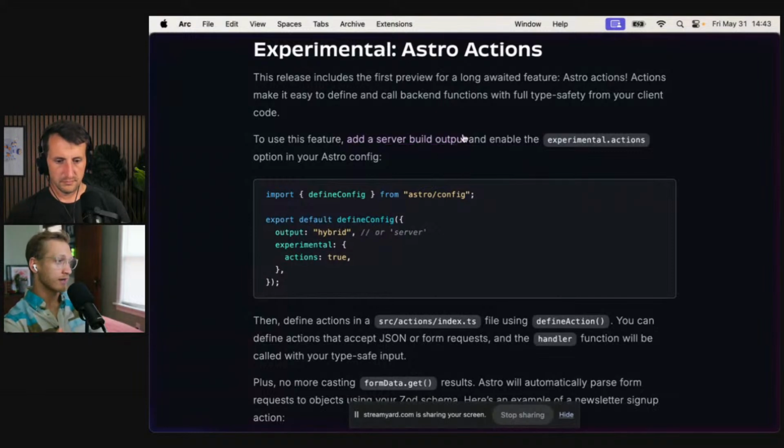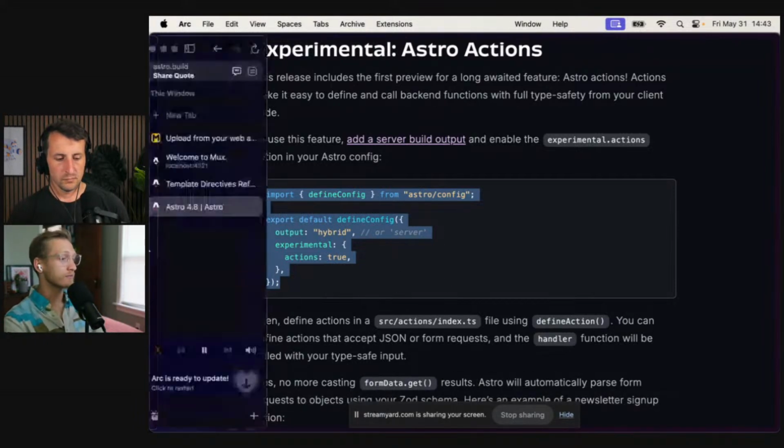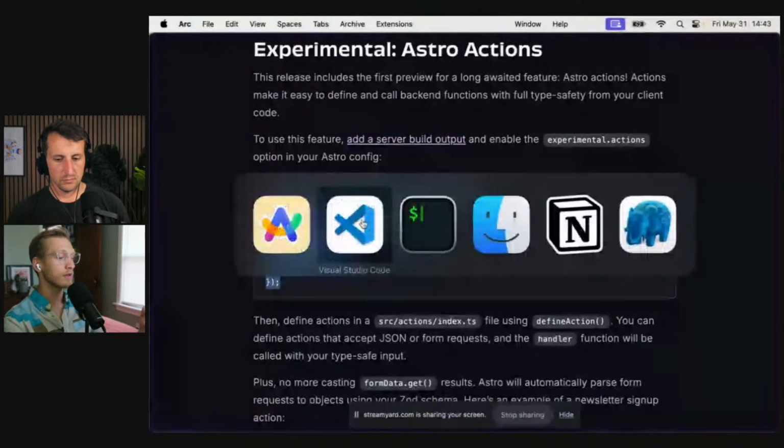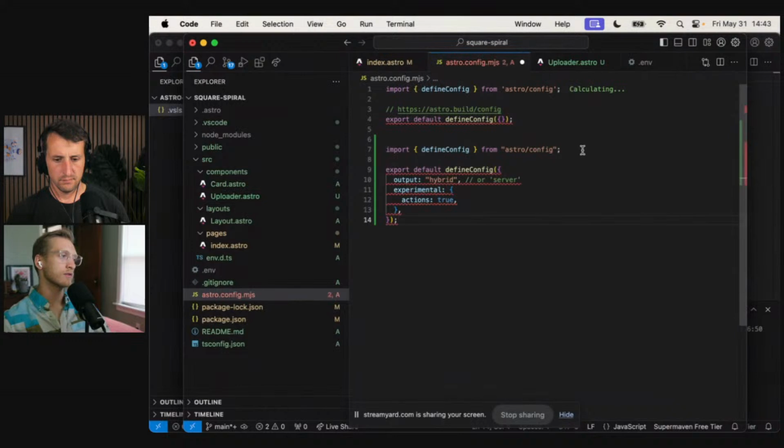If you want to actually have a server running your Astro site, you need to explicitly say hybrid or server in your config. When you say hybrid, you mean everything's static except for a few things. When you say server, you mean everything is actually generated by a server. So Astro can cover server-side rendering, static site generation, single page applications, it does it all.